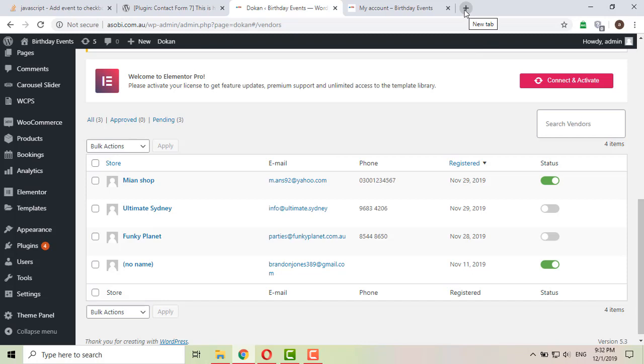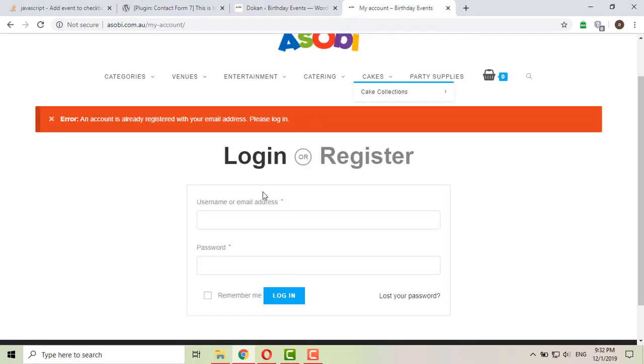Now we will again go and log in with username or email, and the password I put. I should check the email that he sent to me.